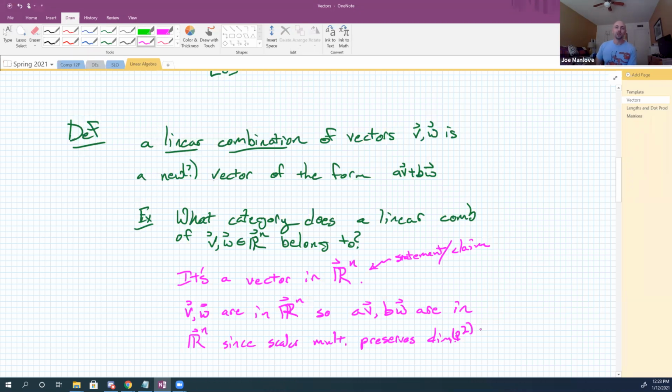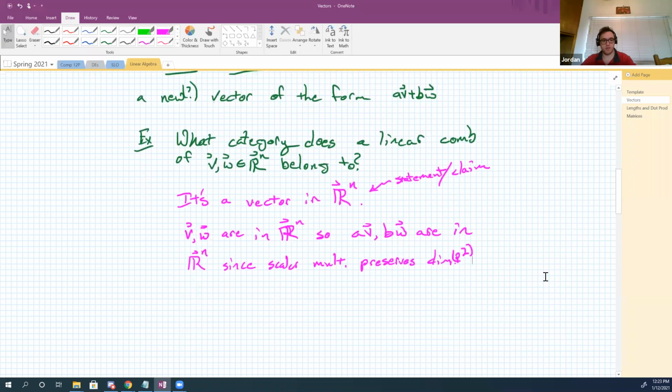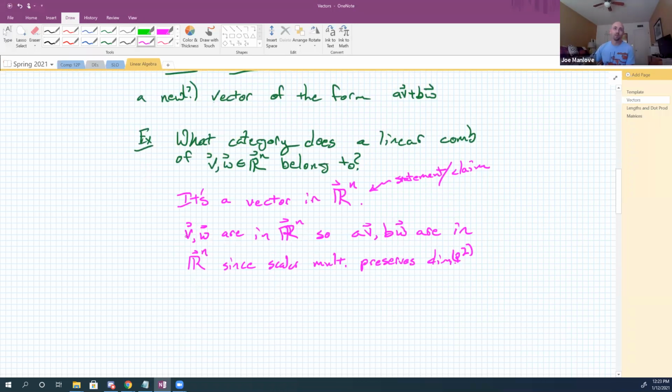My question is, am I done with this problem? Have I fully explained why it's a vector in Rn? And this is the part where you learn to think critically. Be skeptical. Don't believe. I think I would take it a step further and also say that vector addition preserves dimension. Good. Yep, so this is like item 1, right? Item 2, AV plus BW is in Rn